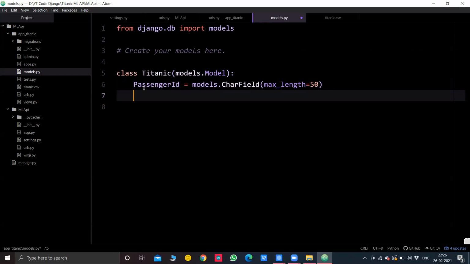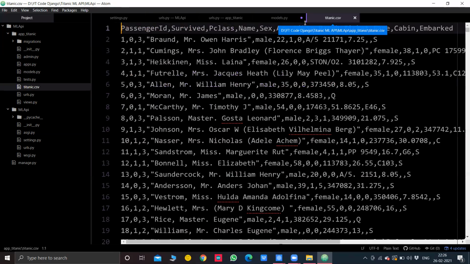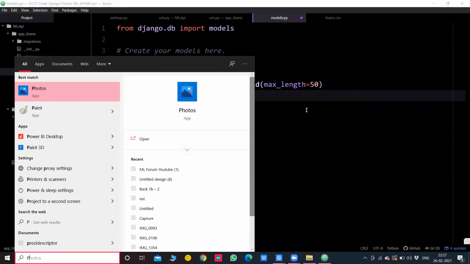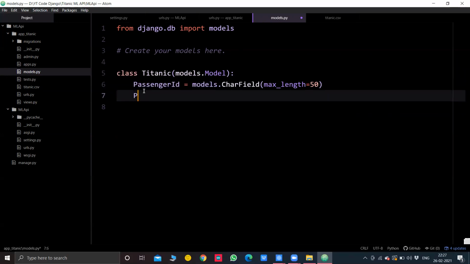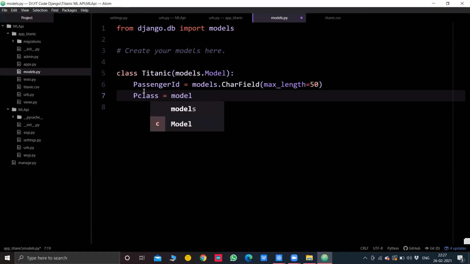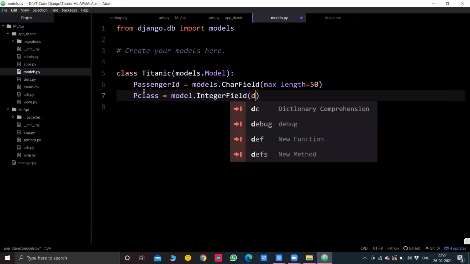And what can we do next? P class. So we'll go to P class, equal to an integer field, because the P class value was an integer, and I'll mention default value equal to 0.